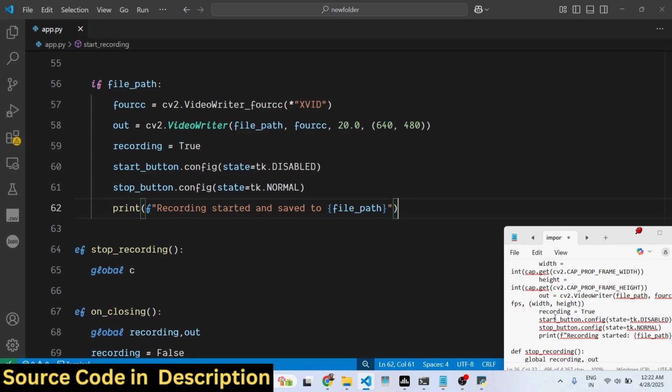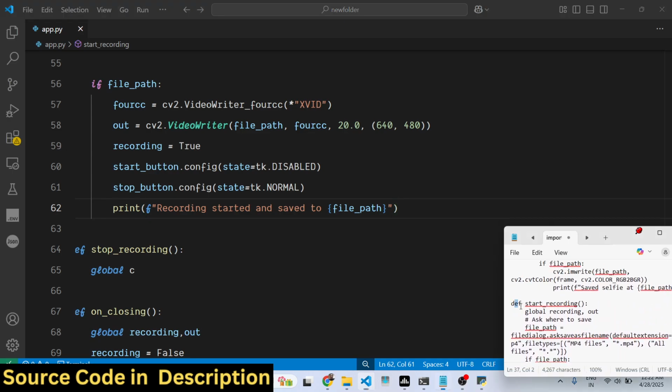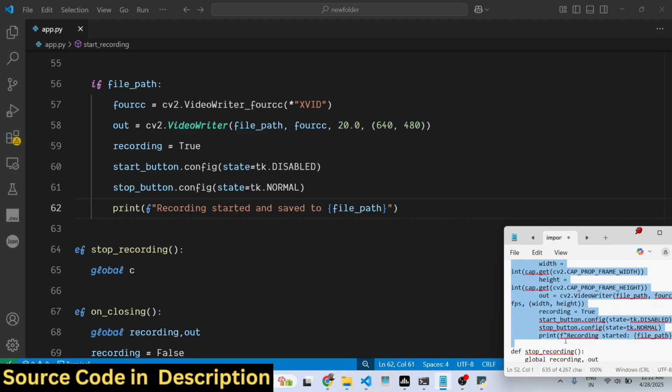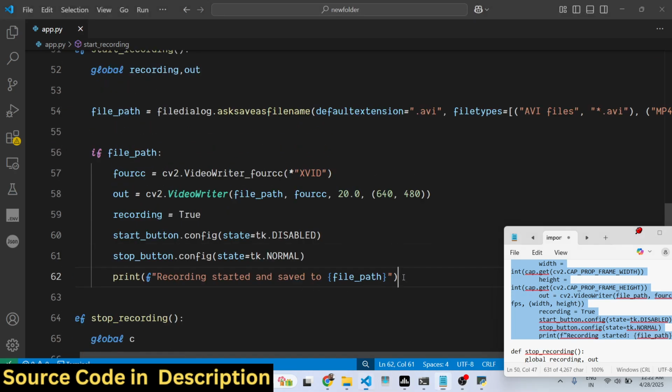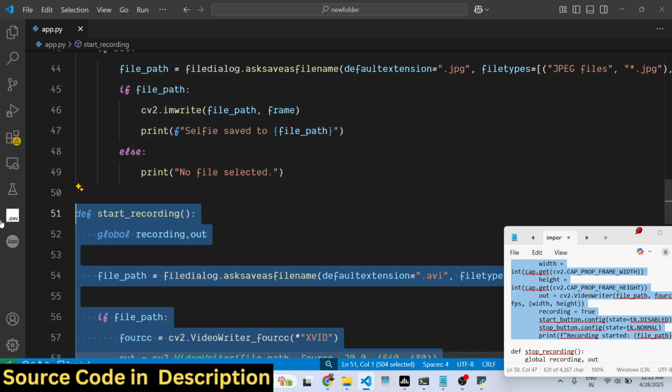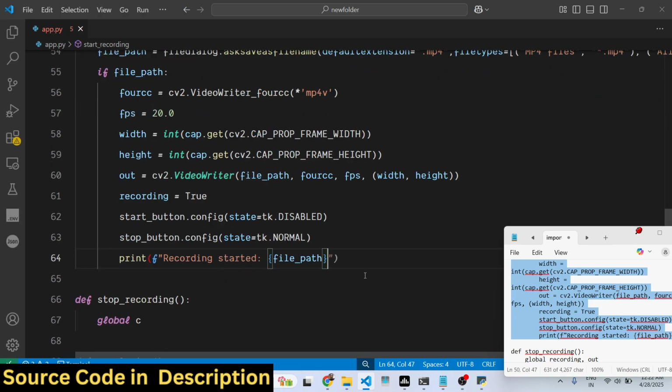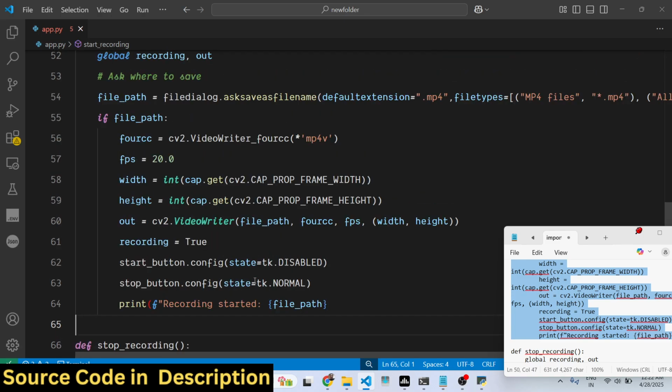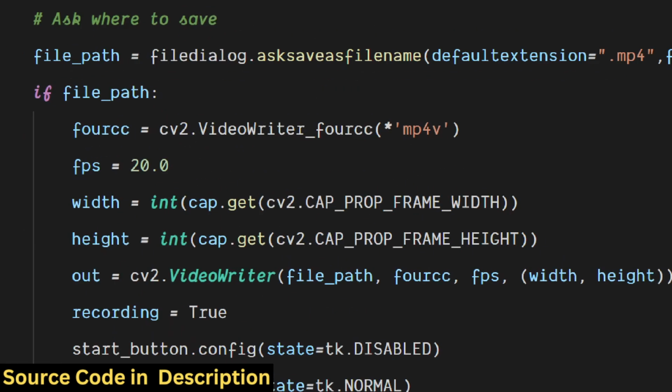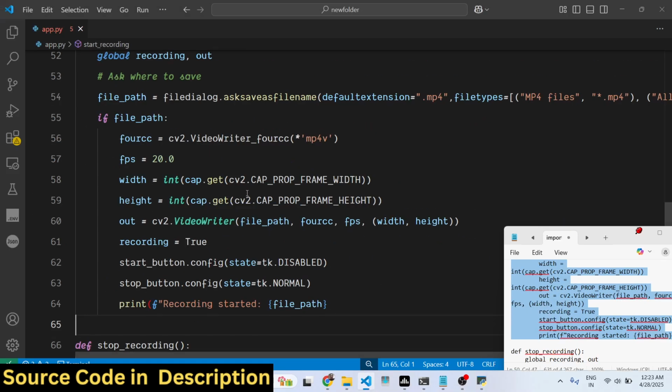If you need this full script, guys, the link is given in the description. This is a little bit complicated for the video recording, but once you understand the code, you will not find it difficult. So let me paste it. This is actually the overall function right here. If you see, we are using the OpenCV function VideoWriter. Once we save it,